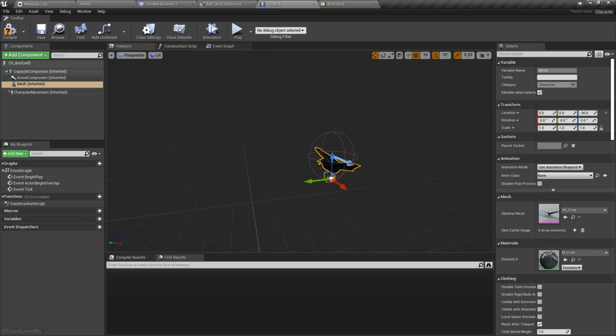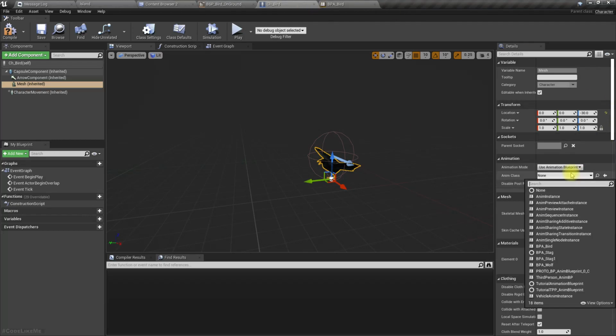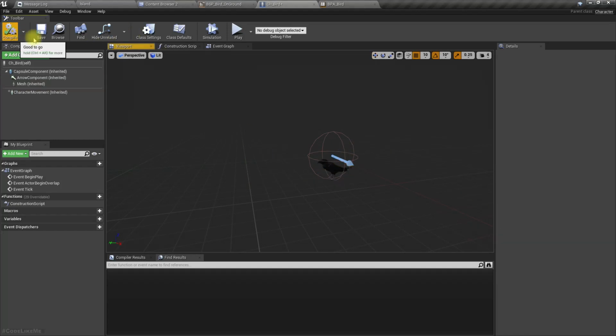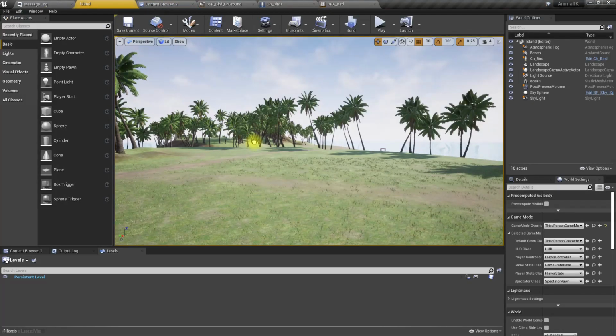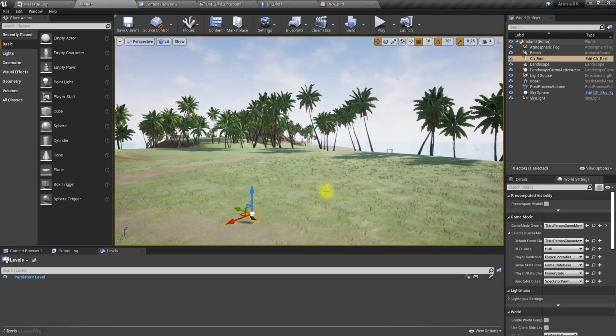And let's assign that ABP bird animation blueprint to the character, and let's place this character here in the world.